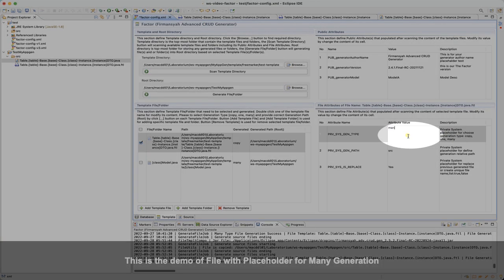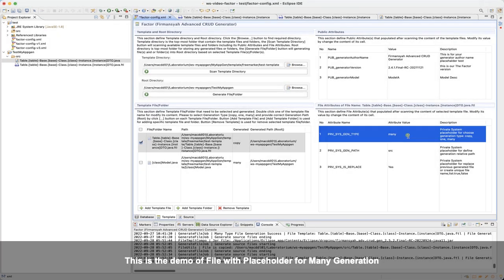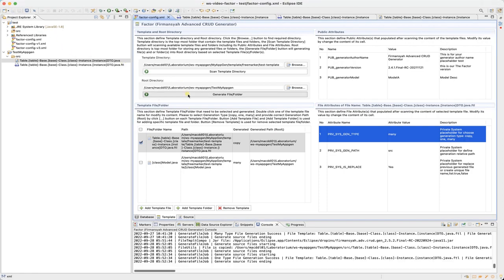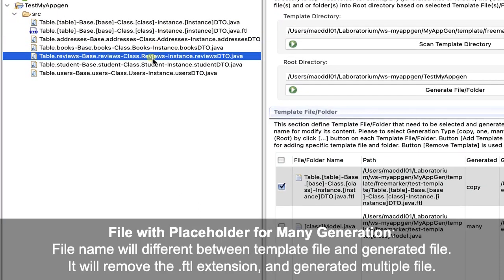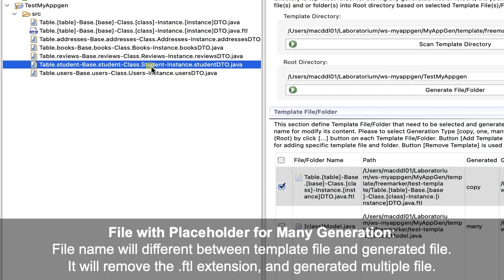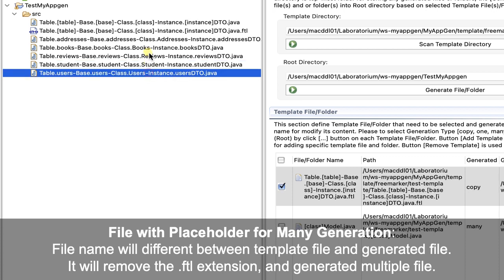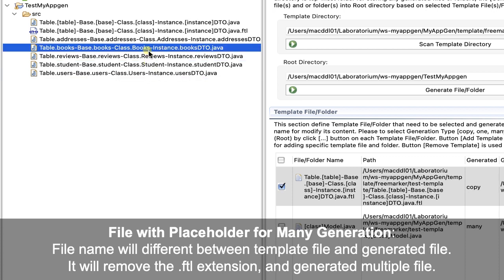This is the demo of file with placeholder for many generation. File with placeholder for many generation. The file name will be different between the template file and the generated file. It will remove the .ftl extension and generate multiple files with different names. The placeholder in its file name will be replaced by its value